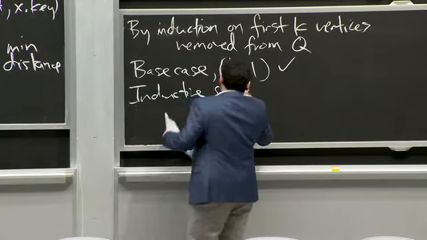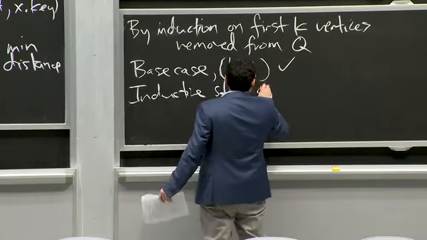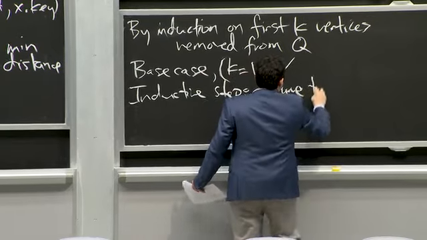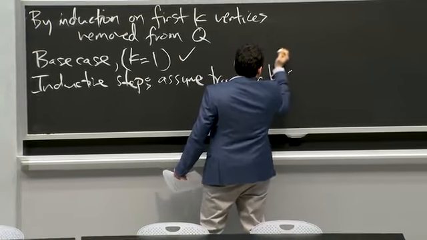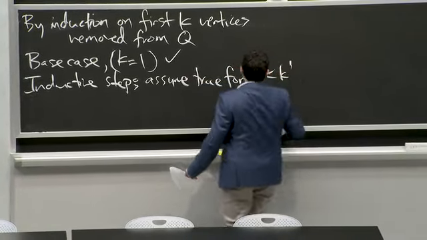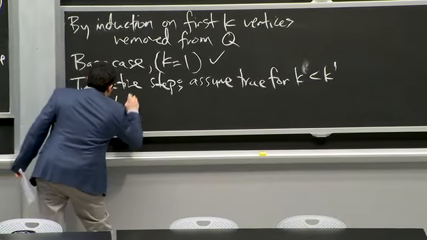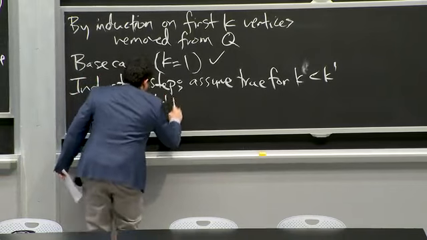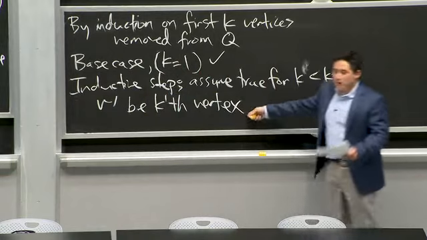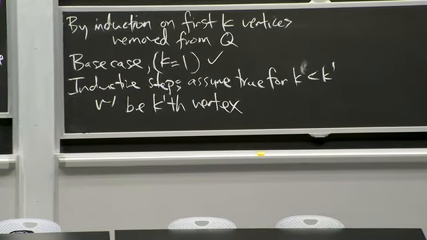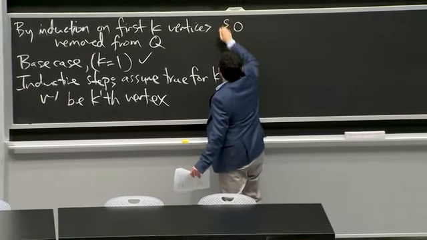Okay, assume it's true for k prime, k less than k prime, okay? And let's let v prime be the k prime vertex popped. Okay, v prime. And now let's look at some shortest path from S